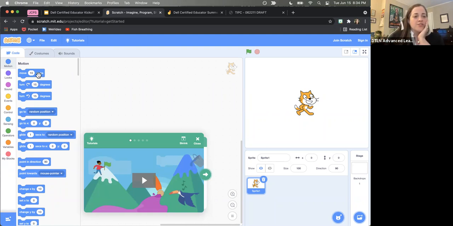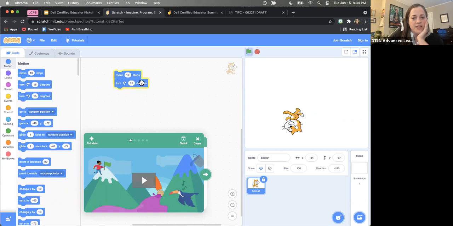So I'm going to drag, for motion, there's a move 10 steps, and I'm going to put that in the middle. If I do that, I can click on it and you can actually see my cat moves 10 steps. He just slides to the side. Then I could make him do something else like turn, and I have to attach it here if I want him to do it all together. So let's see, I'm dragging him back. So I can make him do this, right? Now I have him moving and turning 15 degrees. But it's a really fun thing.